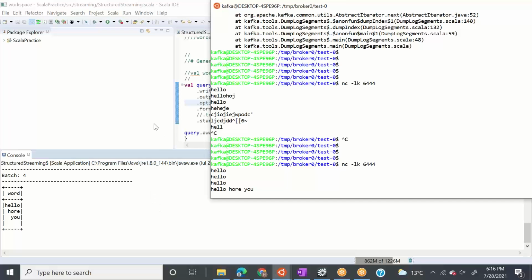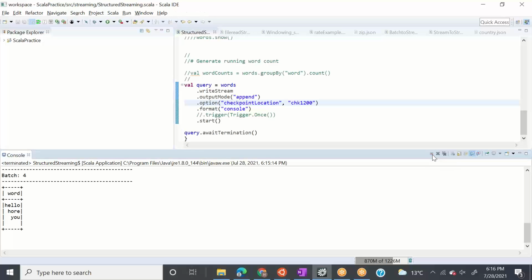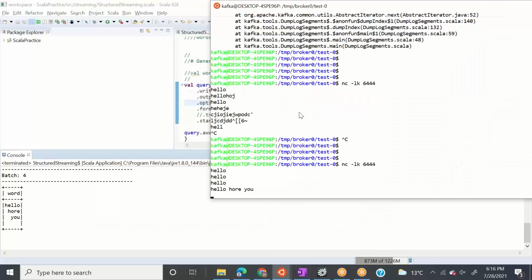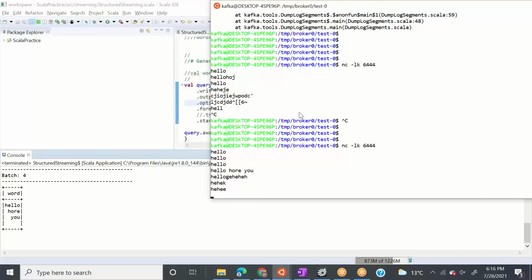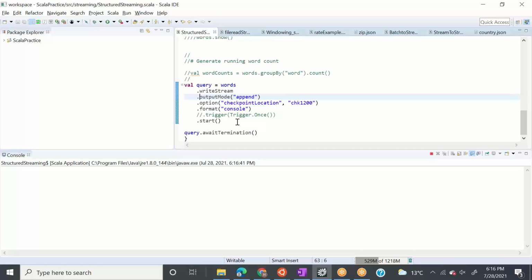The problem occurs when there is some failure in either of the applications. Let's say there is some failure here. To mimic the failure, let me terminate this application for 2 minutes. Meanwhile, the messages are not coming. Obviously they won't come, right, because my application is not working. And since my application has stopped, let me run it again quickly. It may fail again because of some internal issue. Let's see if it's not failing.